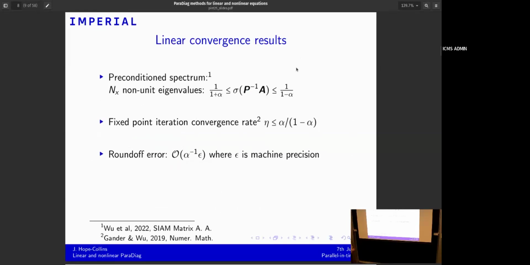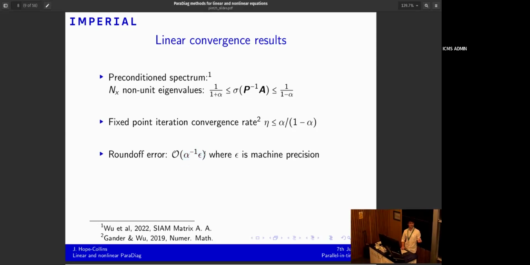For constant coefficient problems, there are many results on very good convergence. This one in particular proves it for any stable time stepping scheme. You have a convergence rate of alpha over 1 minus alpha. So if alpha is 10 to the minus 6, 10 to the minus 8, you're converging very, very quickly. You're only really limited by the machine precision. So that's really, really nice, but it's only for constant